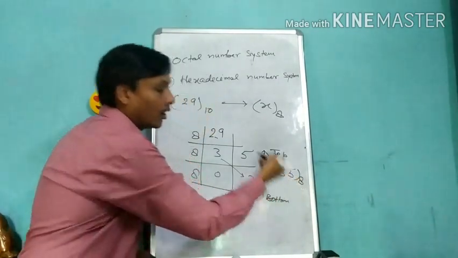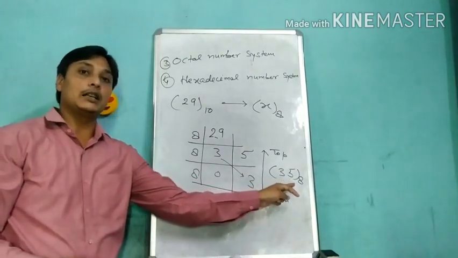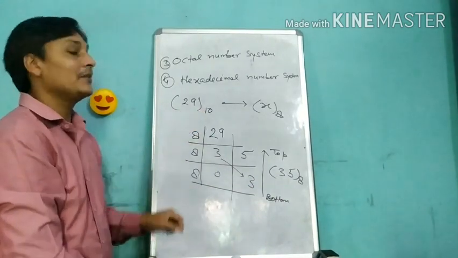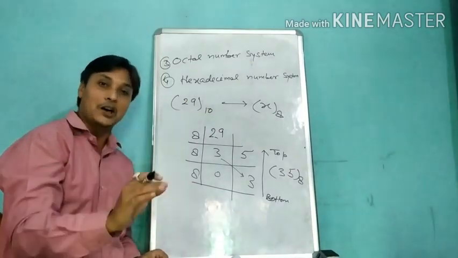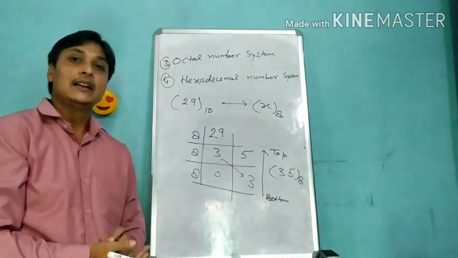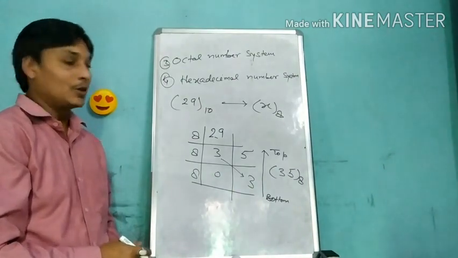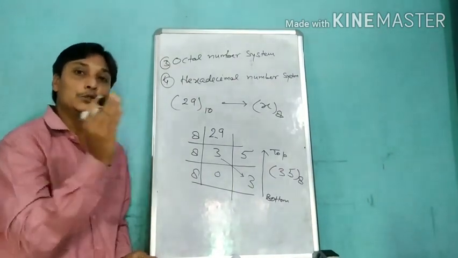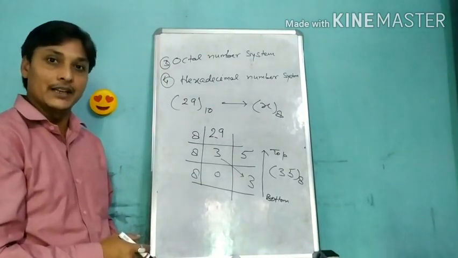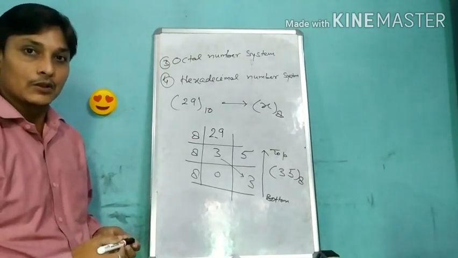See, it was your octal number. And when we had converted this octal number into decimal number, we had got 29 base 10. Now again we are converting this decimal number into octal equivalent. We are getting 35 base 8. It means both conversions are correct. Fine. So it is a method to convert decimal to octal and octal to decimal. Is that clear, student? Any problem, anyone? You want to see one more example on behalf of this?